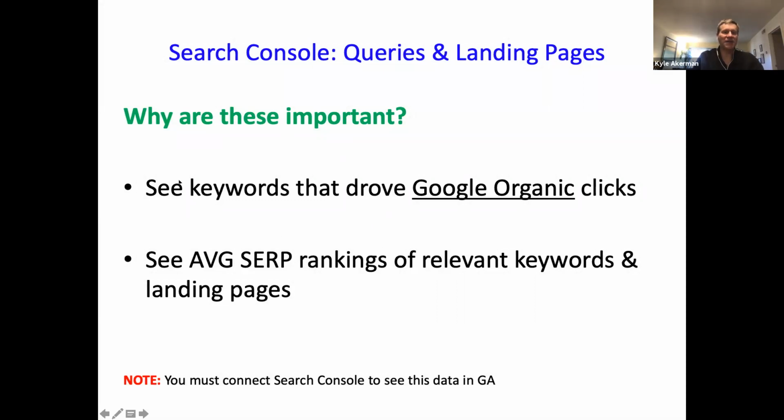Because you can see actual keywords that drove Google organic clicks to your site, and we also get some average SERP rankings, search engine result page rankings, of relevant keywords and landing pages. One thing I should note: to get this information into Google Analytics, you're going to have to connect your Search Console to GA. But once you've made that connection,